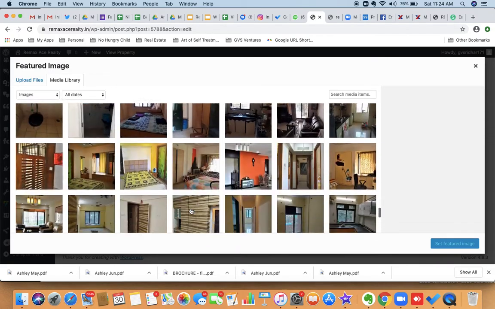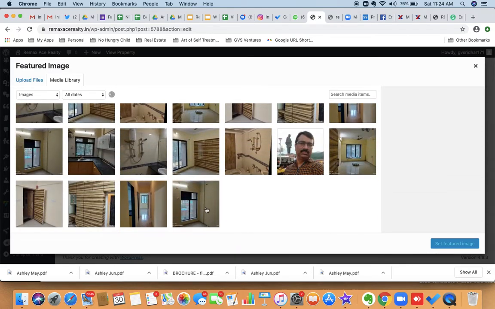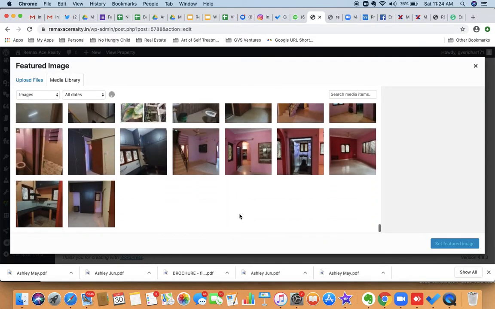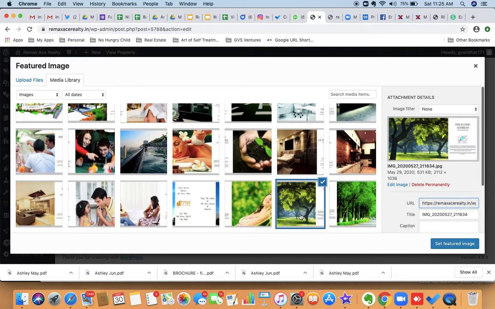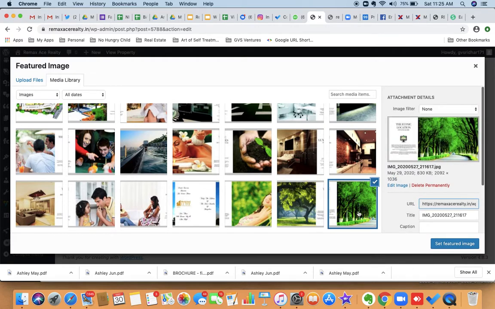If it is wrong, you edit it and put the right one. For the time being I'll put this one, and then set it as the featured image.